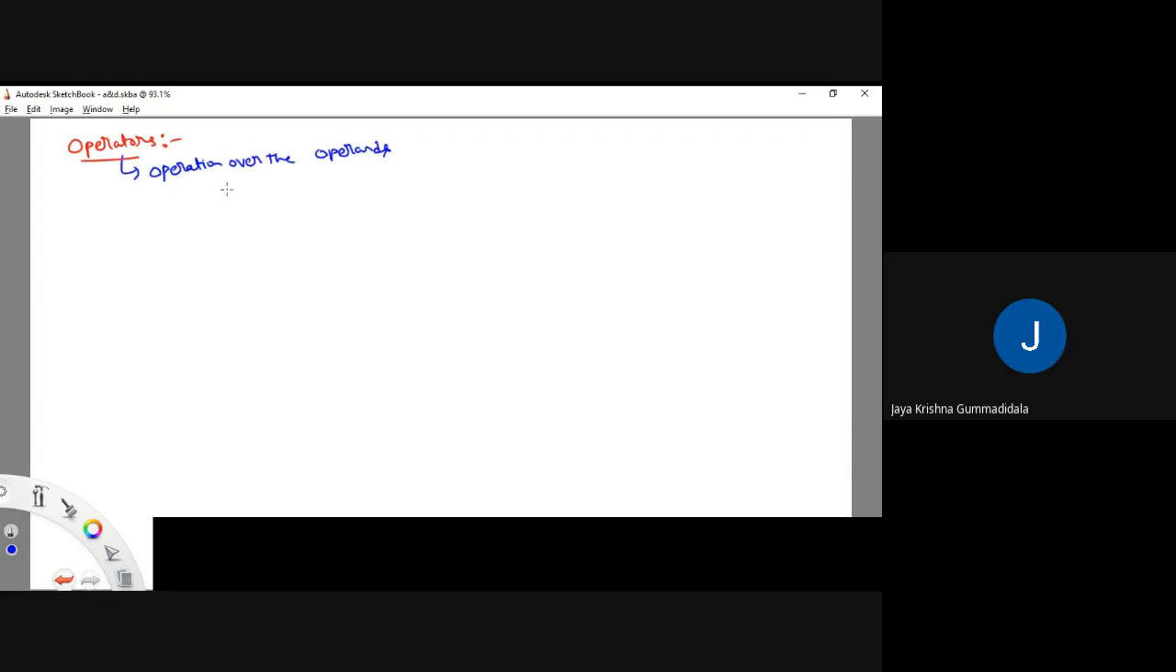Okay. So what are the operands? All the variables we can call as operands. All the constant values, we call them operands. So various kinds of operators are there. One is arithmetic operators. I will go fast. Arithmetic operators, something like